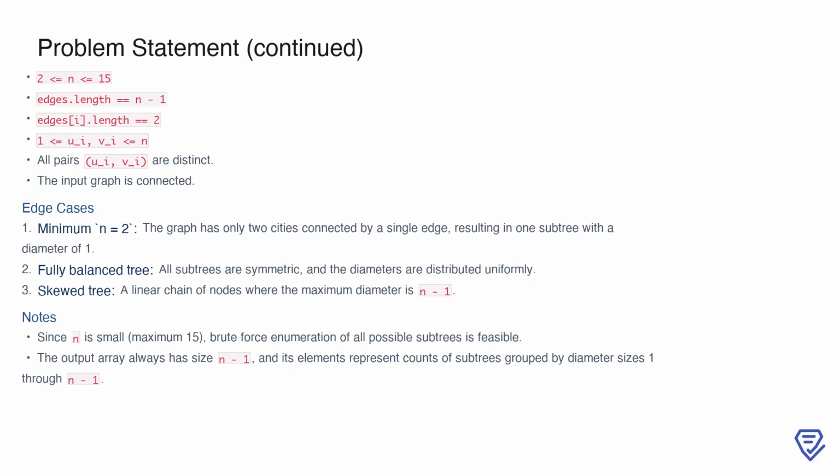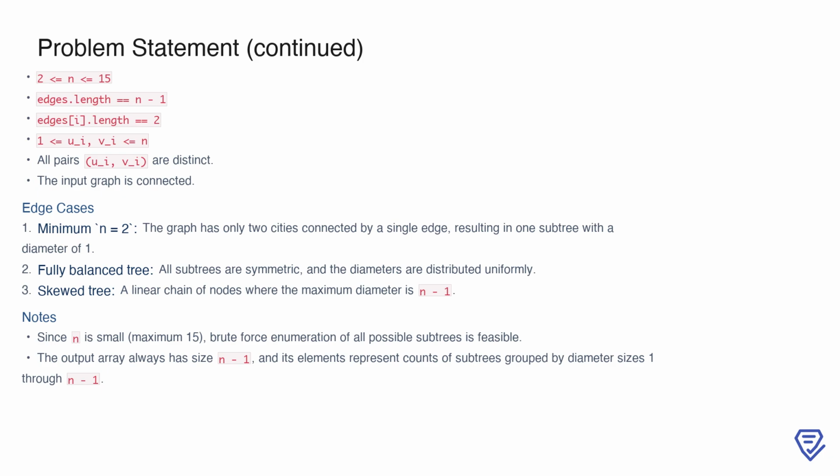Some edge cases to consider include the minimum case where n equals 2, resulting in only one subtree with a diameter of 1, and more complex structures like fully balanced trees or skewed trees. In balanced trees, diameters are distributed uniformly, while in skewed trees, the maximum diameter can reach n-1. With these constraints and edge cases in mind, you can systematically explore all subtrees and calculate their diameters to produce